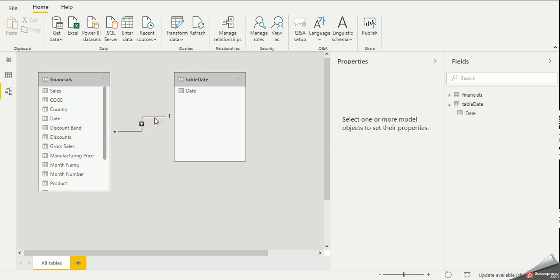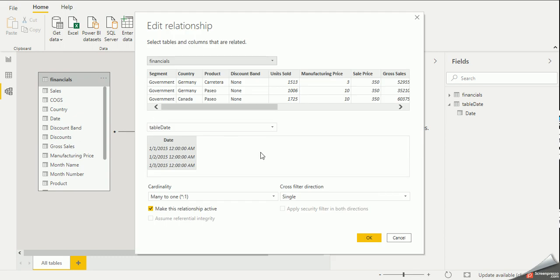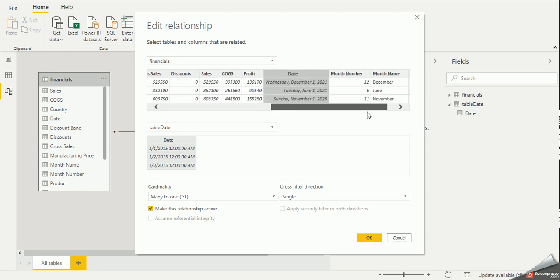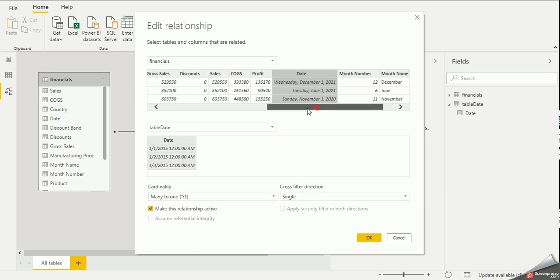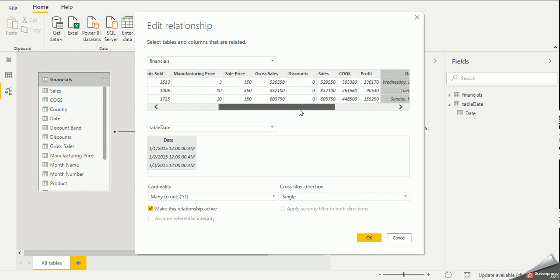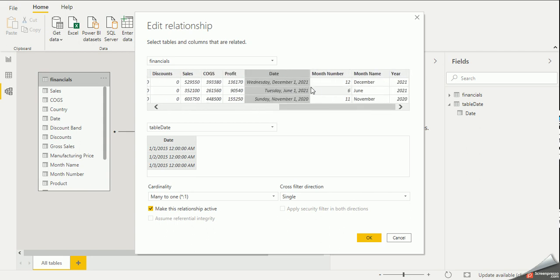When I double click over this relationship, you can see that the very first table is financial, and it is selecting the date, and you can see the table date has just a single value. And many to one, you can see that the financial has records that are not unique as compared to the date, but we have the unique record with the date.